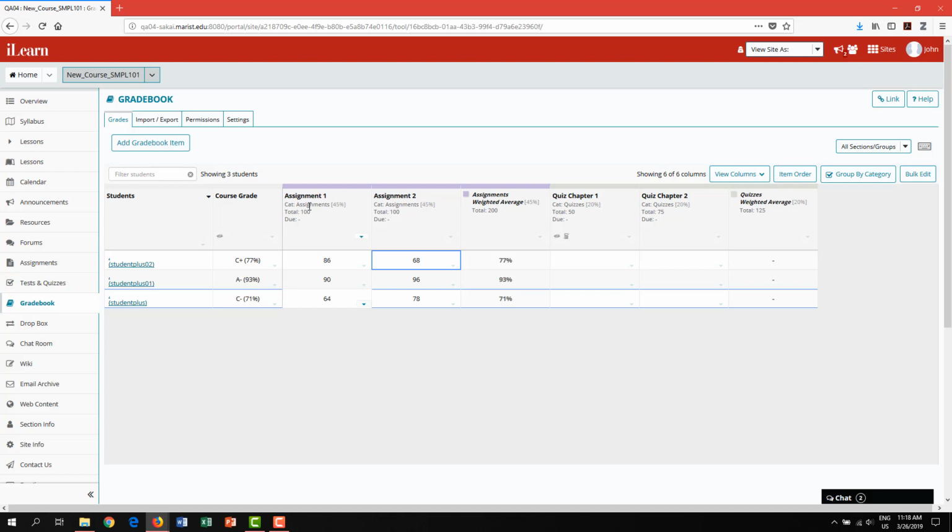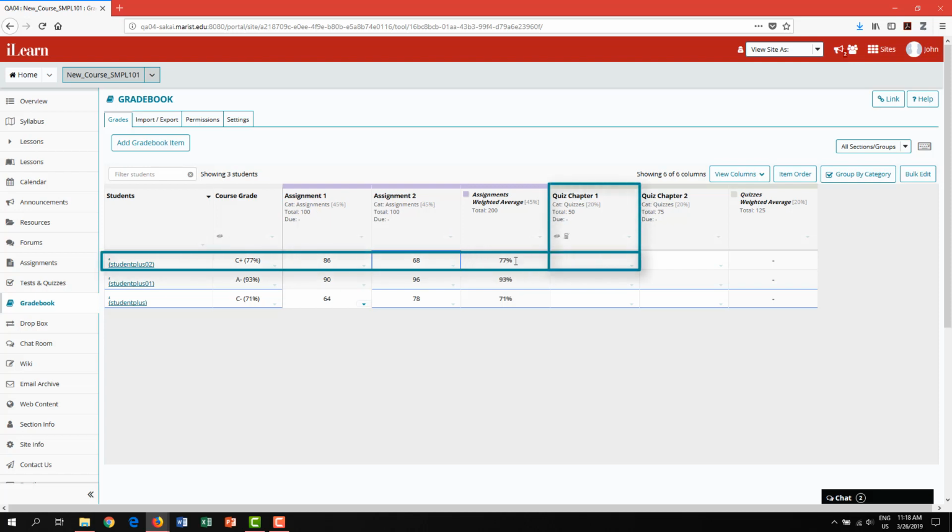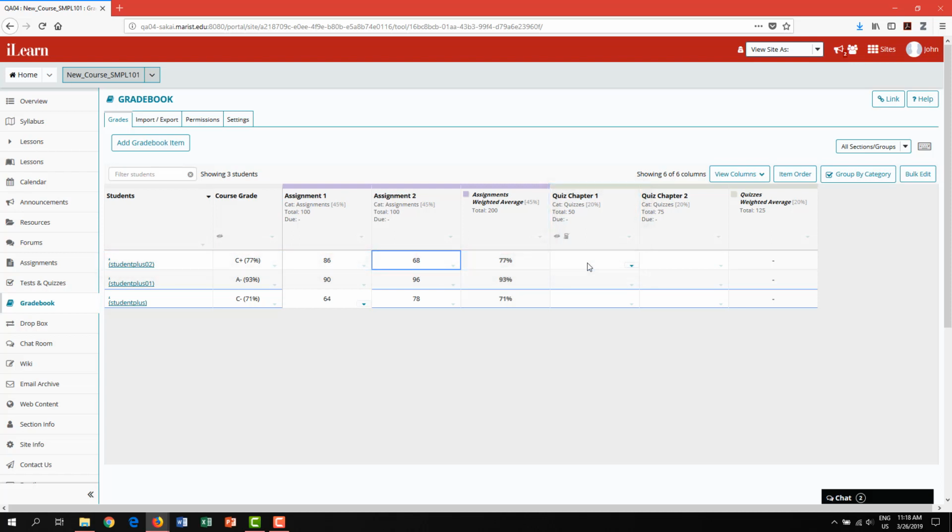This drag and drop feature allows you to reorder gradebook items and how they are displayed. As your course progresses, you can enter grades at any time. To do so, identify the student and item for which you would like to enter a grade. Navigate to this input box in Gradebook. You'll be able to click in the corresponding box and enter the student's grade. You can press Enter on your keyboard to save this entry and move down to the next student on the list. You will see a green check mark to confirm the grade has been entered and saved.